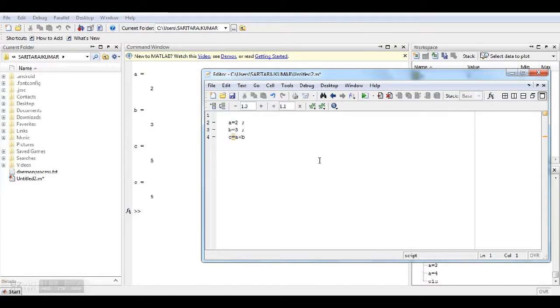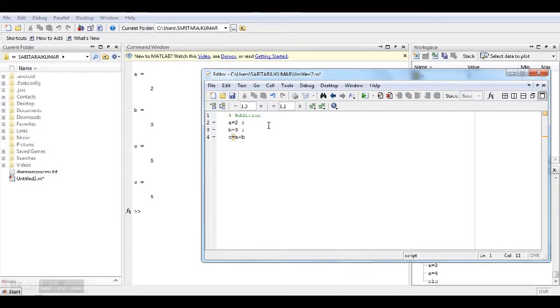You can add comments in MATLAB also. The comments will not affect your commands. A comment starts with the percentage symbol. For example, I am doing an addition, so I will write it followed by the percentage symbol.